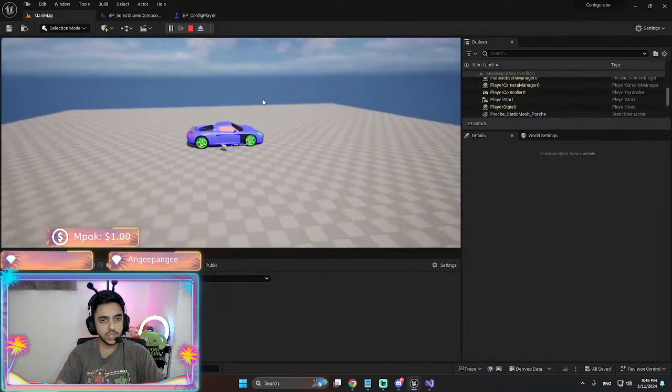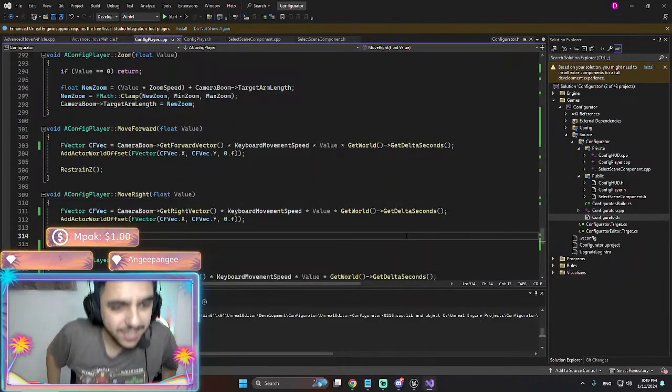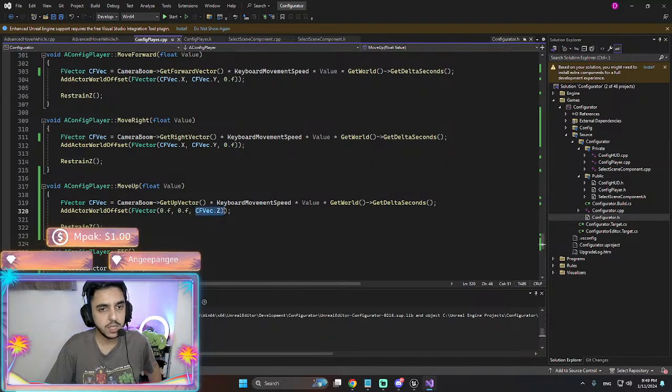Now I cannot change the Z axis for some reason. Oh my god. Let's fix that. Why?